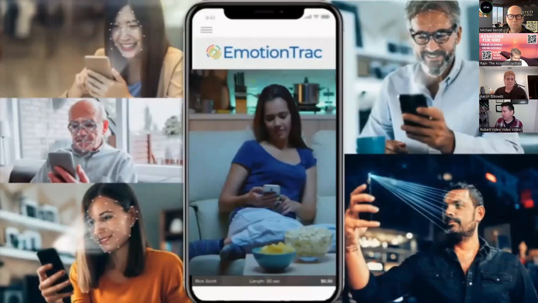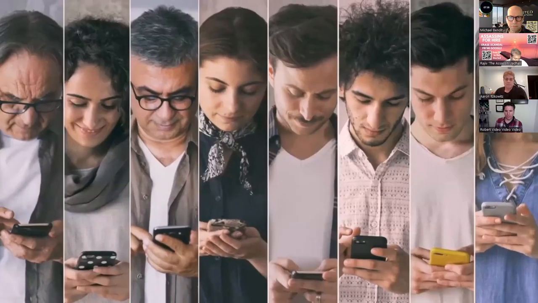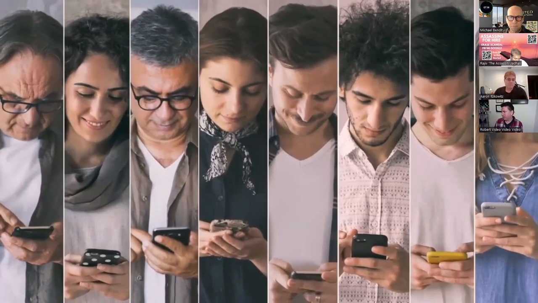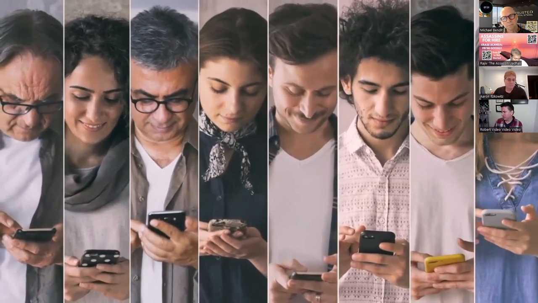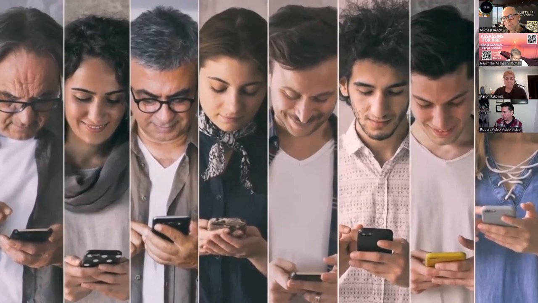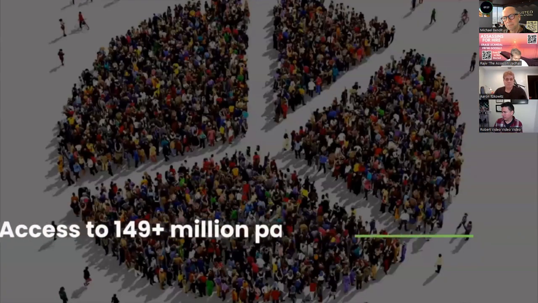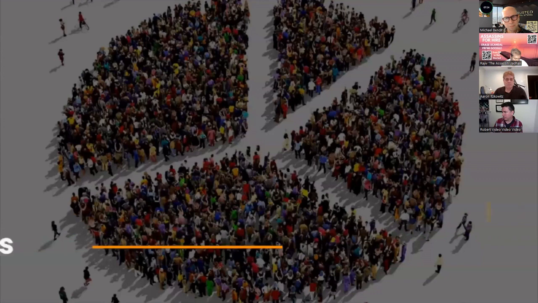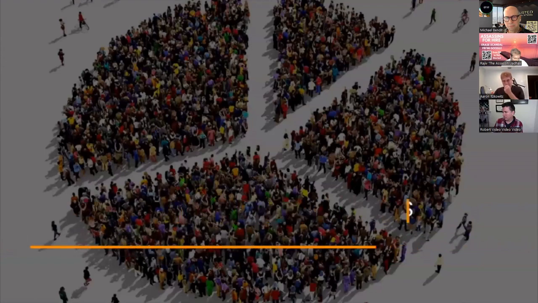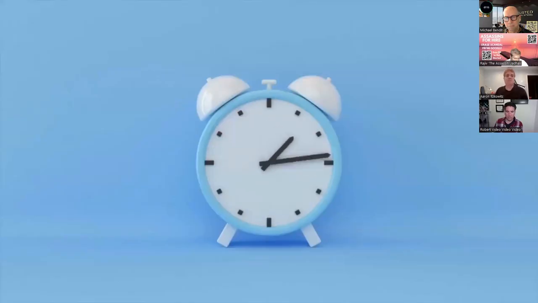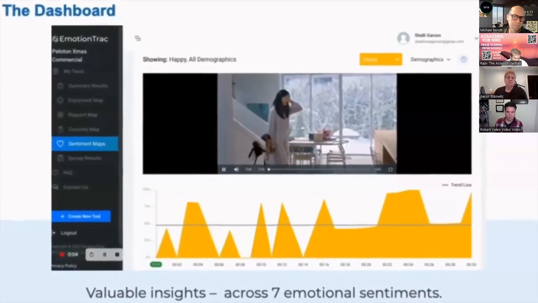With EmotionTrac, you can quickly test a creative against an online panel audience where each participant is independent from the others. The panelists are pre-screened for tracking permission. They provide demographics to participate in these tests, and they're prepared to answer survey questions about the content they viewed. EmotionTrac provides access to 149 million enrolled panelists and their demographic information across 130 countries, including 30 million of them in the United States. In about an hour, you'll have full reports, which you can use to optimize your creative